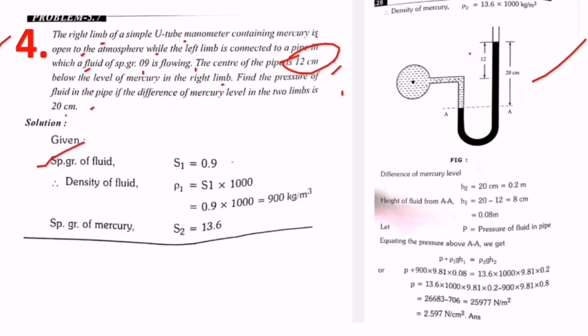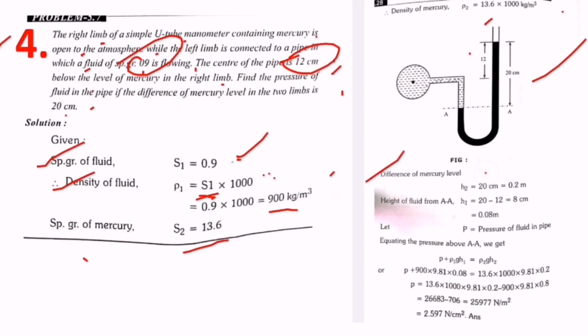So the given data, specific gravity of fluid is given as 0.9 and density of liquid is nothing but specific gravity into 1000. Just now we saw in the formula, this is water's density. So that is nothing but 0.9 into 1000, that we can take as 900 kg per meter cube. So specific gravity of mercury is directly 13.6, we know that one. So 13.6 into 1000, that is the second one, density of mercury.